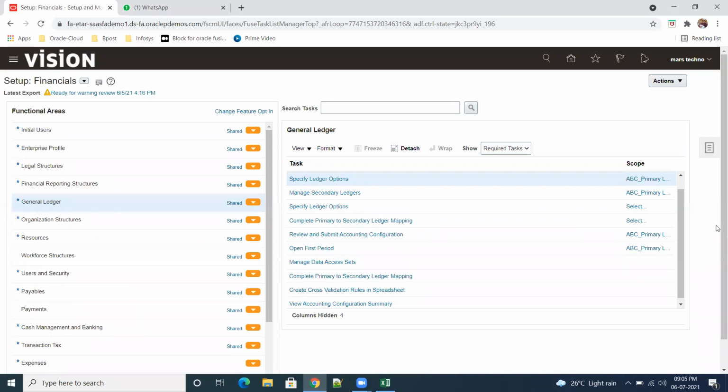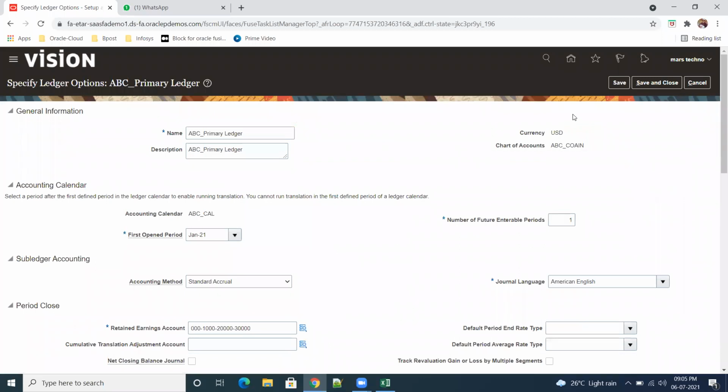Okay. So now, specify ledger options. After creation of the ledger, we have to give the open period of your ledger and the number of future enterable periods. It means how many periods we are going to open. Let us say currently we are in July. If I give 2 here, the system will allow us to open 2 future months.